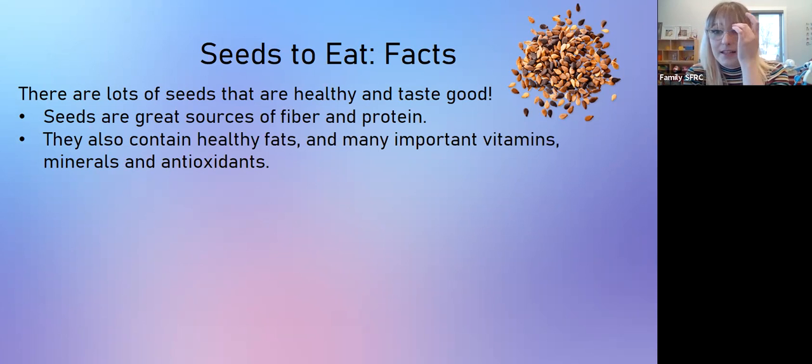So seeds are like a superfood. Seeds and nuts, they're kind of in the same family. A very small portion can give you a lot of the nutrition that you need, really packed into a small little thing. That's because, like we learned in the video, they are just chock full of plant food to help the little plant grow,